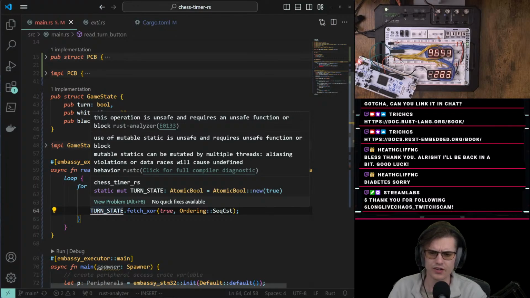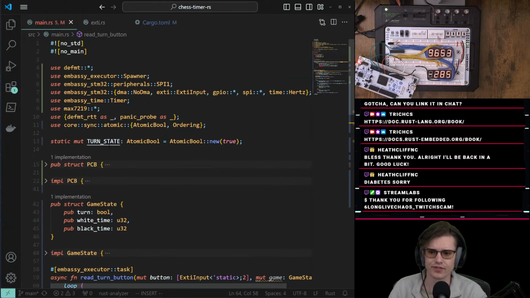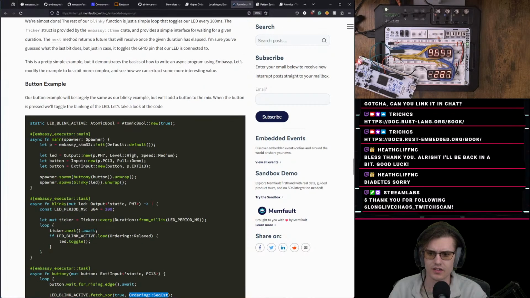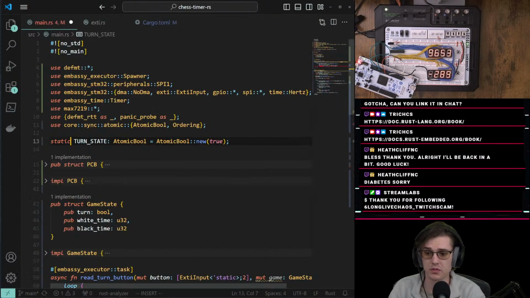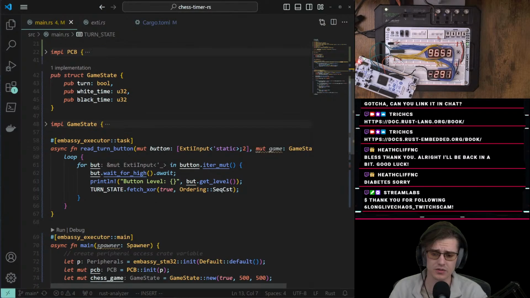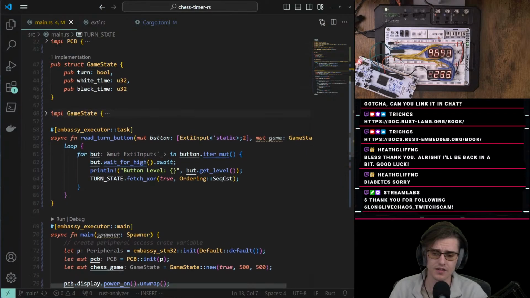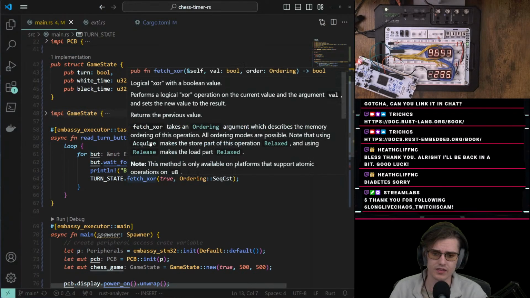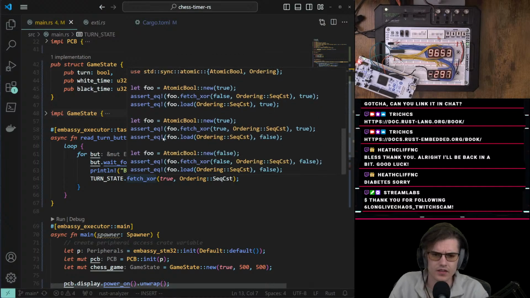This operation is unsafe. Well, that's a bad start. It's because we called it mutable. What if we didn't? What if we didn't call it mutable? Okay. So